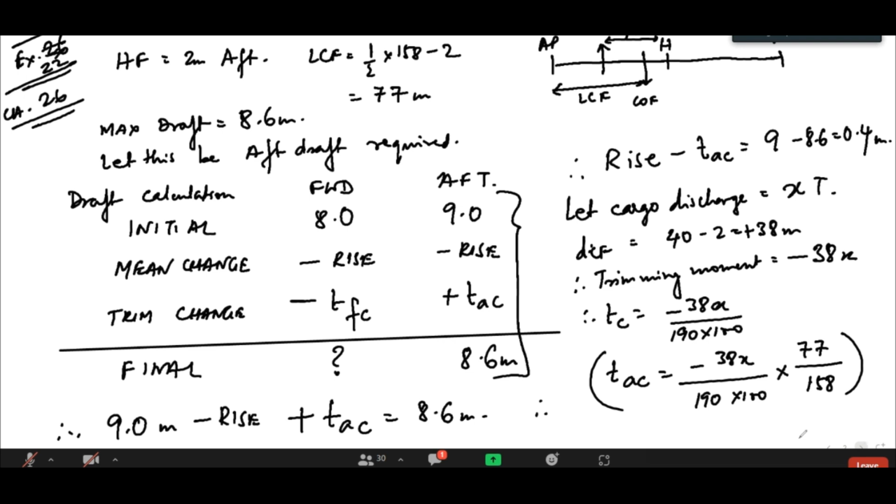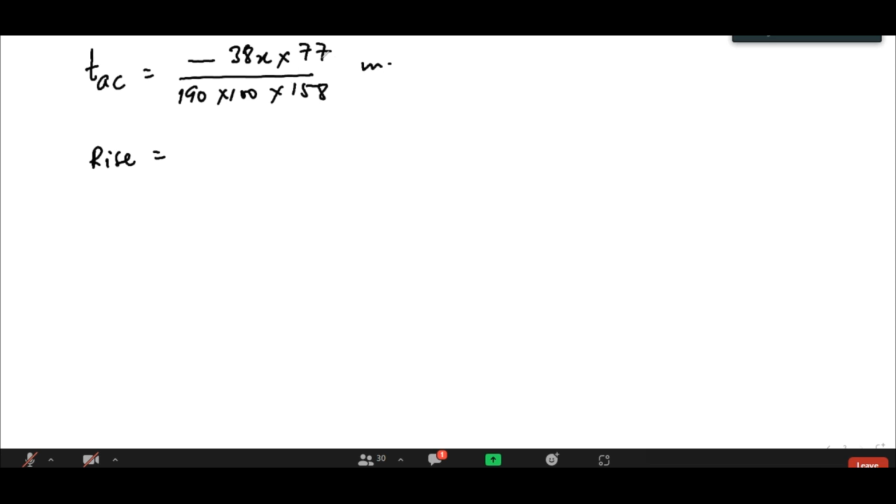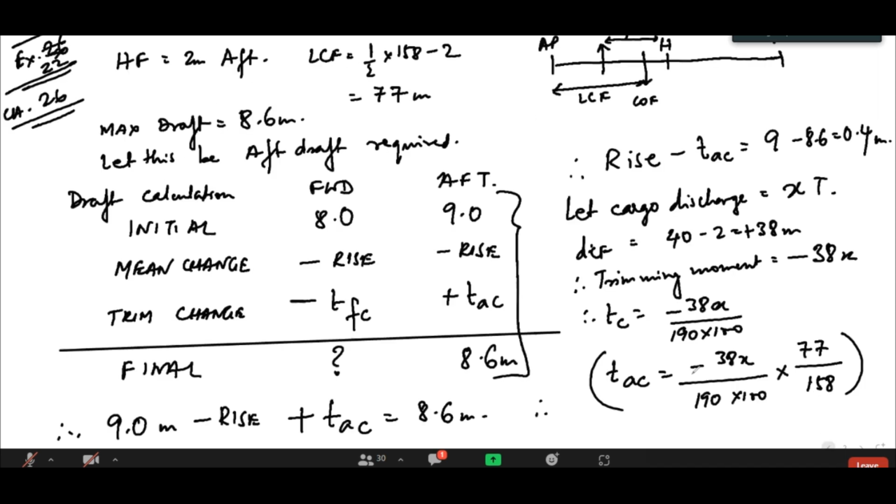Mean rise or mean change in draft. माइनस एक्स होगा सर, कितना टीपीसी कितना है? 20 है सर. ओके, नाउ एक चीज ध्यान दो यहाँ पे,